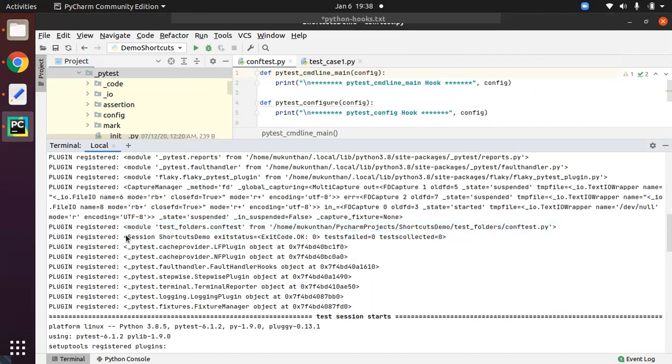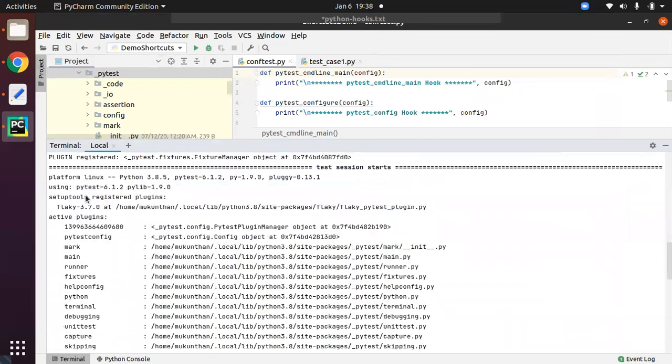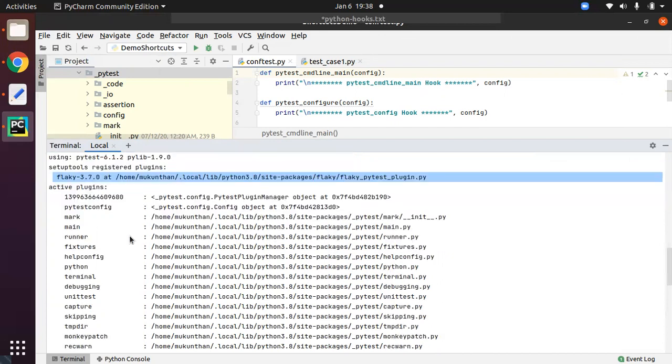And after that, you can see the first plugin, which is nothing but our session object that has been created and registered with the plugin manager. Here you can see setuptools registered plugins. This is one kind of plugin, which we have installed ourselves, that's the reason it comes under that category. And active plugins come from your underscore PyTest.